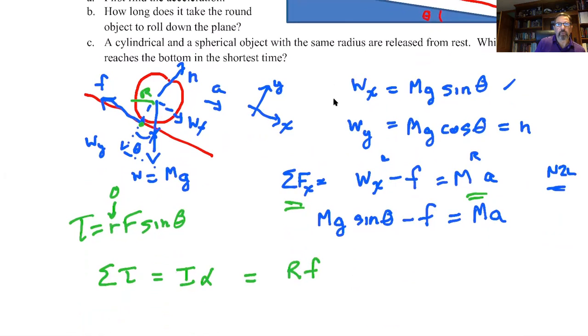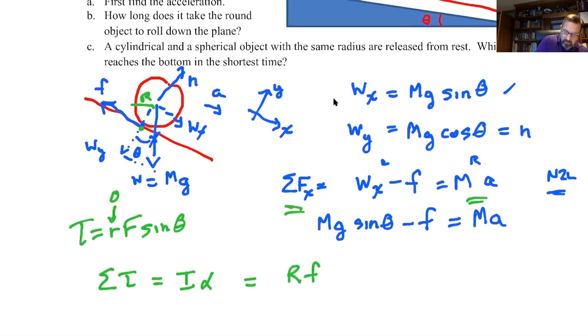What's the angle between the friction force and the radius? Boy, it sure looks perpendicular to me. Right there is a right angle. So sine of a right angle, sine of 90 degrees, hopefully you know is 1. So I don't have to write anything right there. And that's got to be equal to the moment of inertia